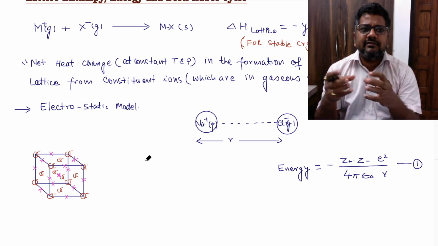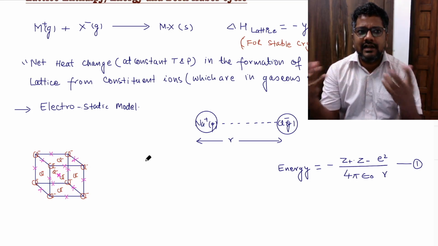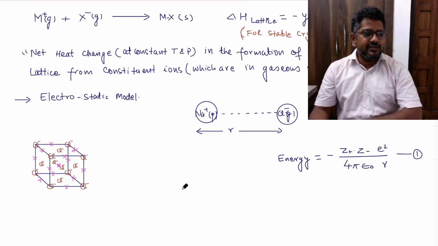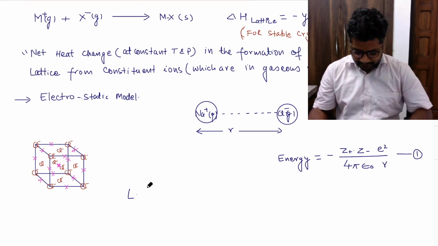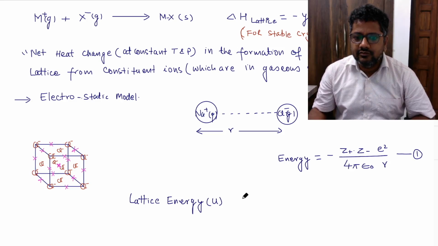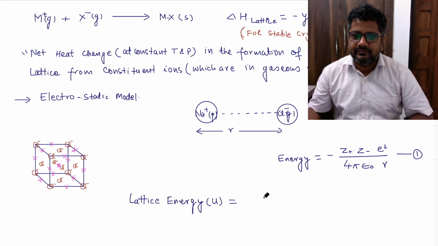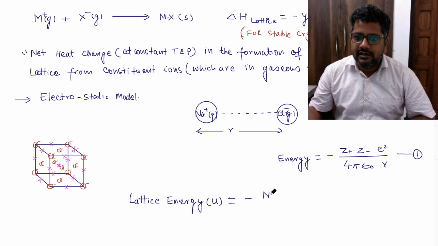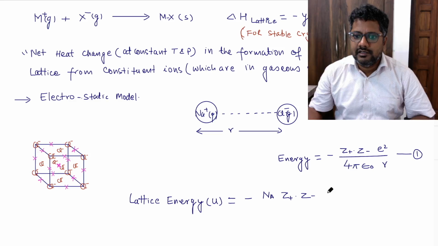answer the theoretical question. Suppose they have given two different compounds and they ask, tell me which has a higher lattice energy. So at least you should know, but I am giving you the exact formula, the formula we are basically using for lattice energy. So lattice energy is represented by U. This is equal to minus Na into Z plus into Z minus into E square,